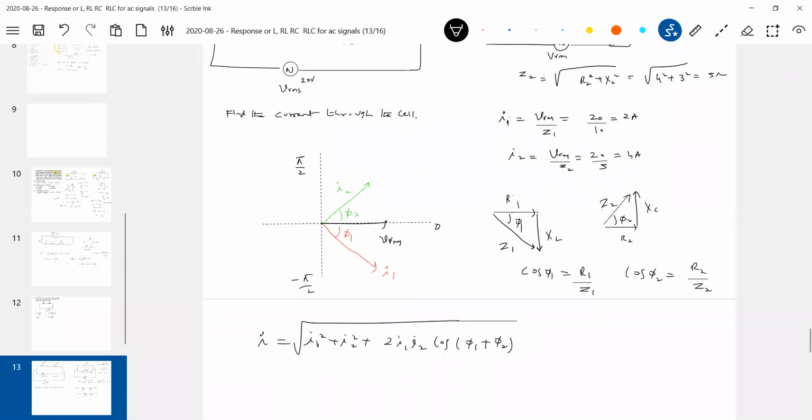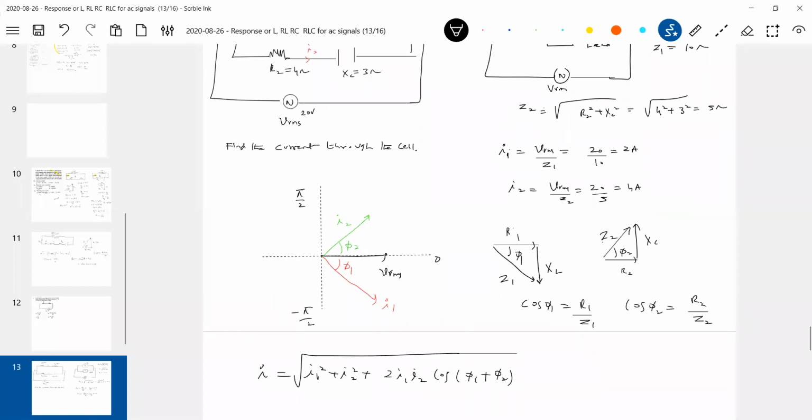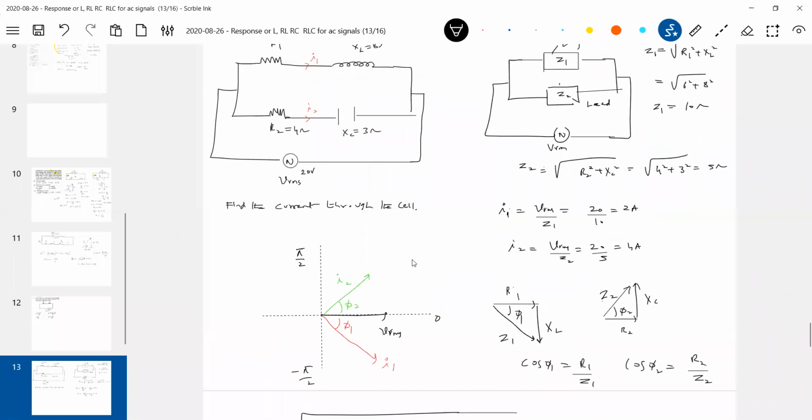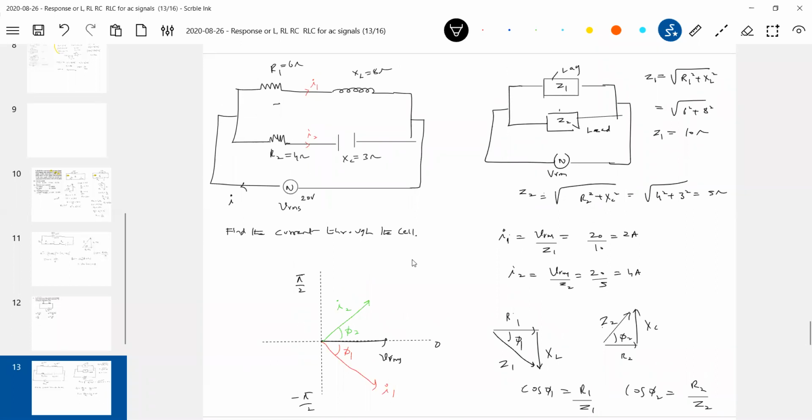So whenever you get a parallel circuit, to get the current in this cell, the current in branches will be different. Vector sum of currents is what? The total current here. So you should not write I equals I1 plus I2 for parallel branches. In series branches, it is the vector sum of voltages. Here you can see the drop across R1 and XL. You cannot write V1 plus VL, it is V1 square plus VL square. When parallel branches come, it is the vector sum of currents.